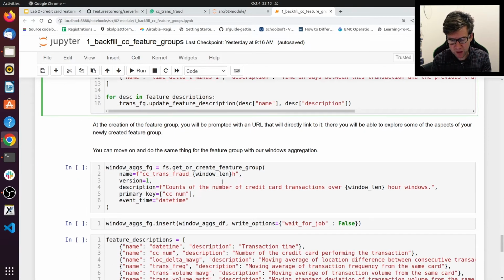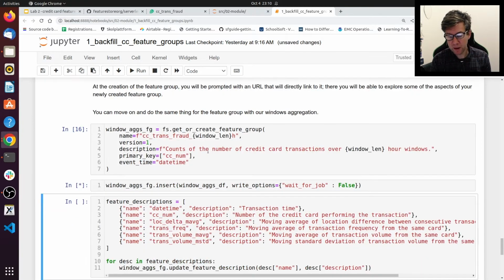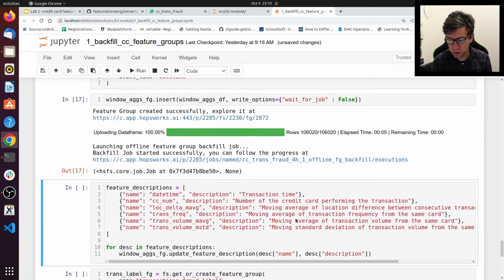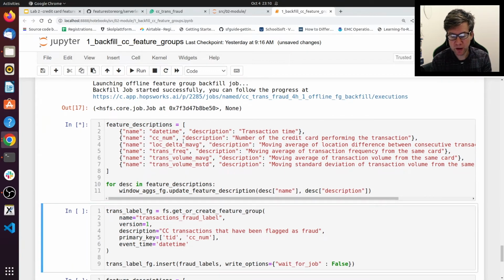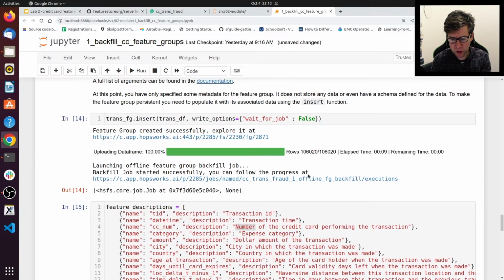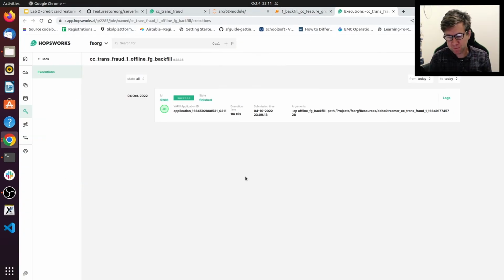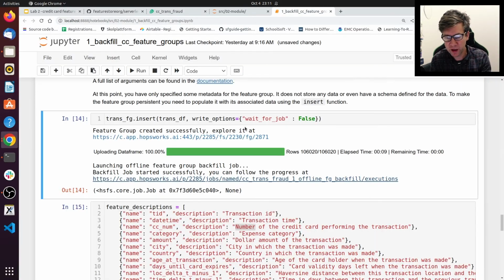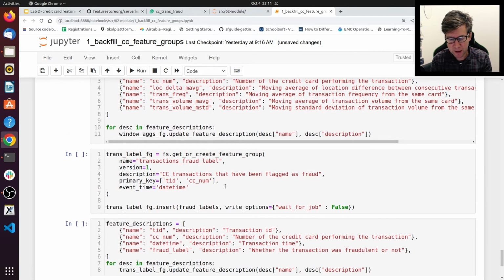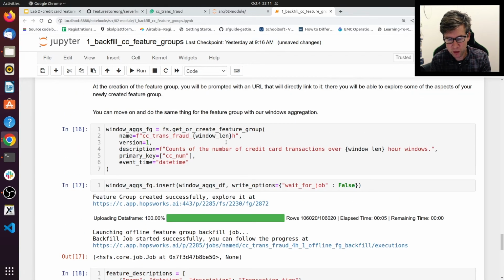Okay, so now we're going to create the feature group for our aggregated features, and we're going to insert the data frame that contains those features. So again, it's around 100,000 rows, and again we can add descriptions of the features. And again, we're also doing this in the background, so we're running an ingestion job in the background. So we can go look at the previous ingestion job actually here, and we can see that the previous ingestion job took a minute and 15 seconds to finish. So now we're back at creating the second feature group,